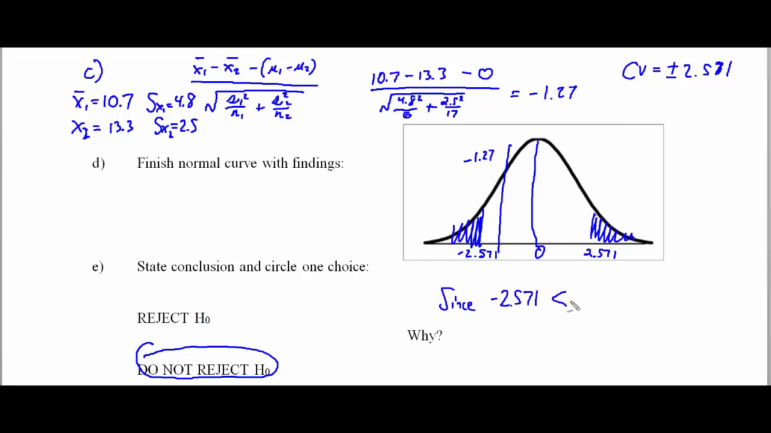So I am going to say that since -2.571 is less than -1.27, which I could have flipped around and said -1.27 is greater than -2.571, we will not reject